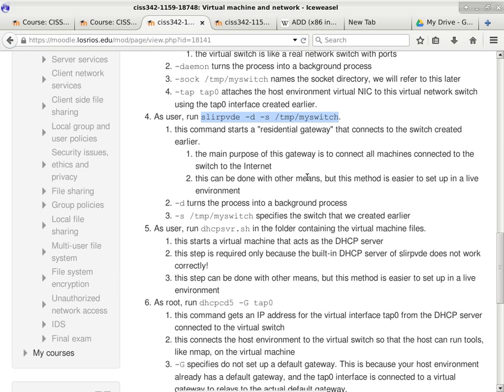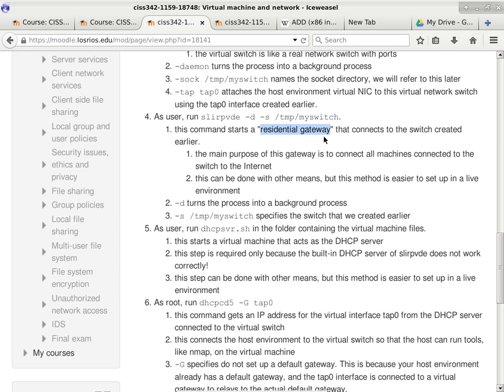So that's what slurp is for. This command called slurp is for that purpose. It basically starts a residential gateway that connects the switch to the internet. I'm just going to call this a gateway. The gateway is automatically connected to the virtual switch.